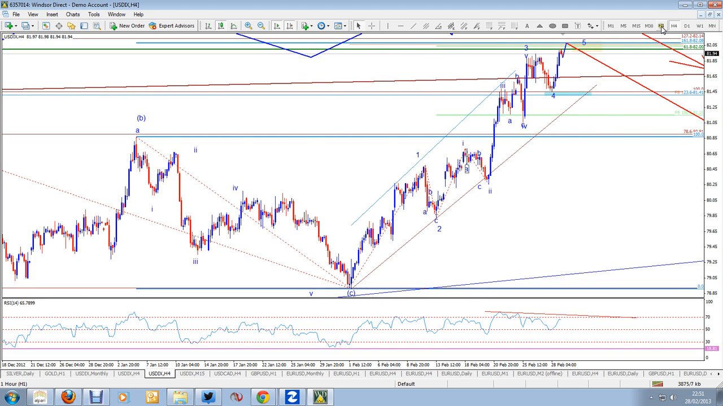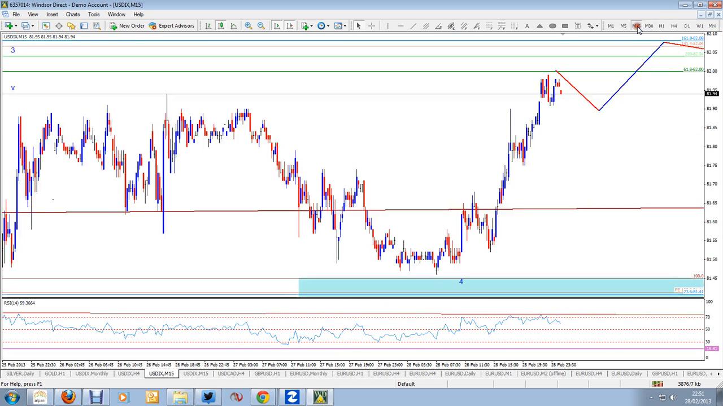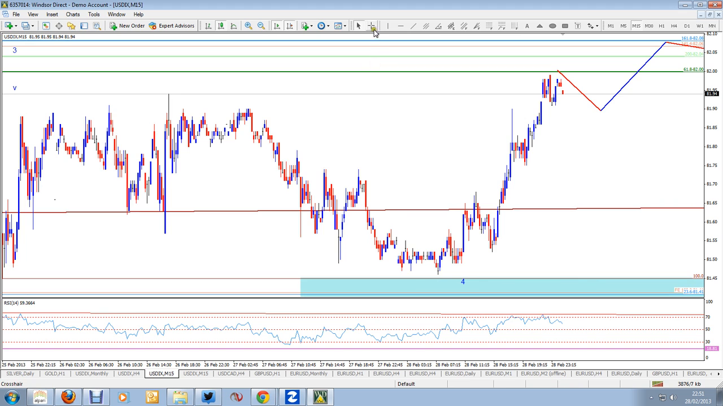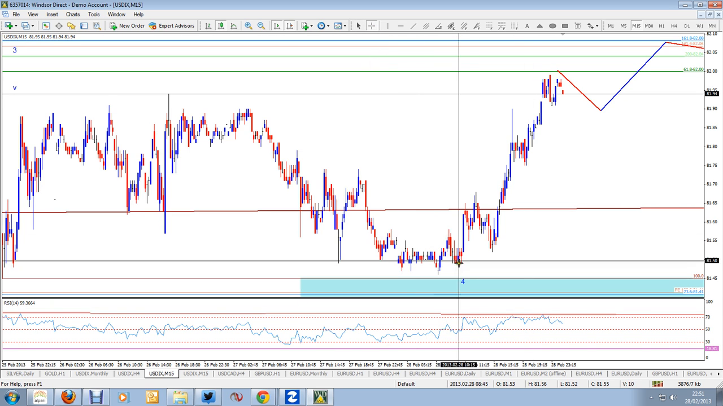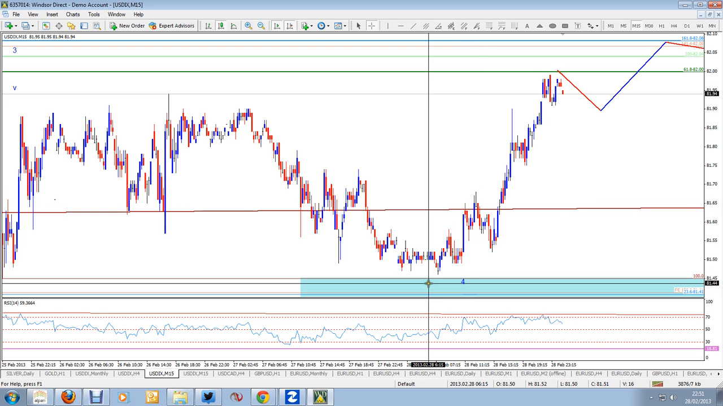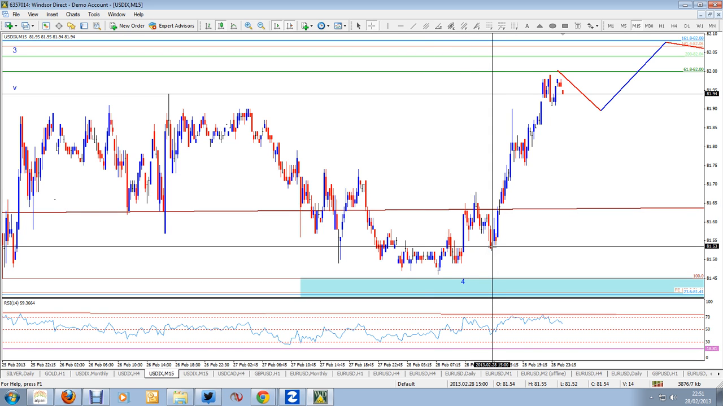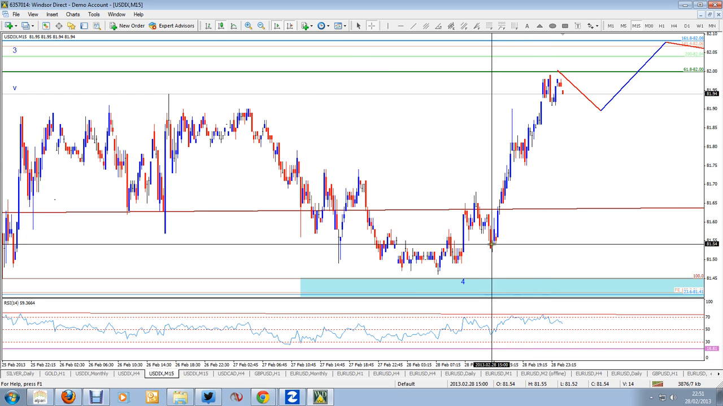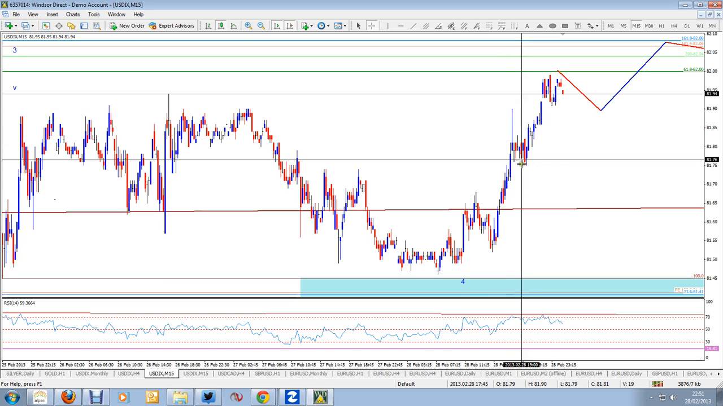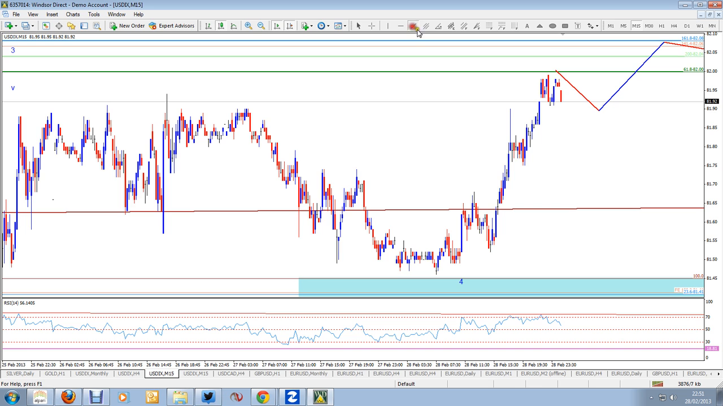If I was to drop down and have a look at the 15-minute chart, then you can just make out here, for example, that this is probably 1, 2, 3, 4, and 5 to give us wave 1, wave 2, and then possibly this entire leg up to here is wave 3, or this could be 3, 4, and 5. But I think more than likely, I think this here,